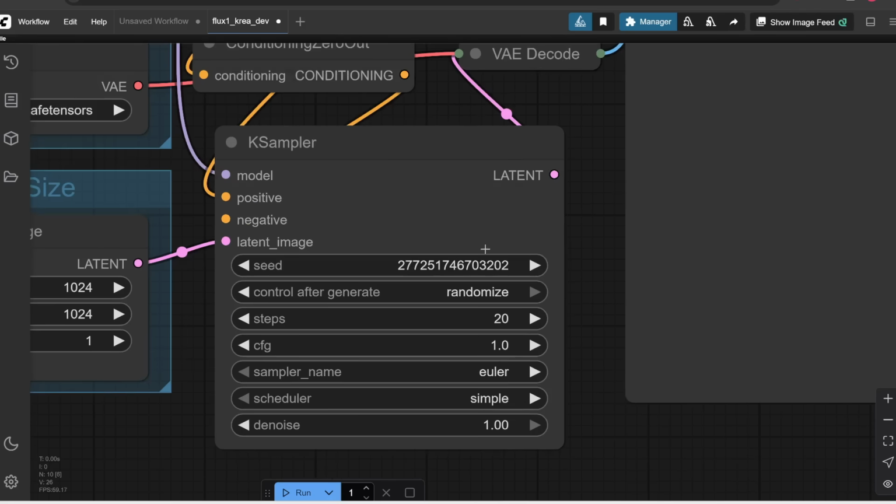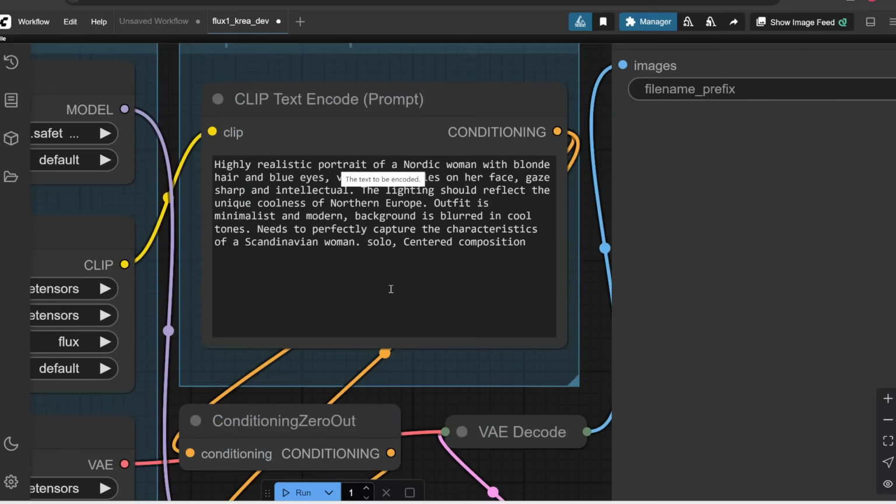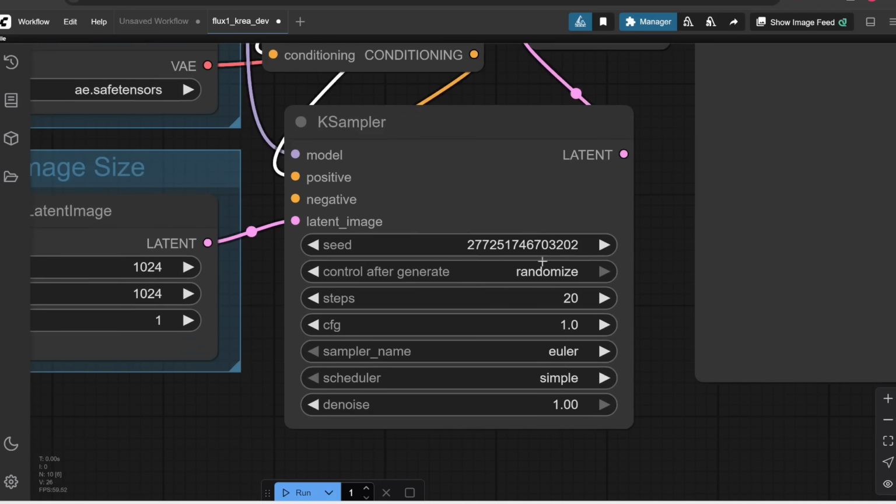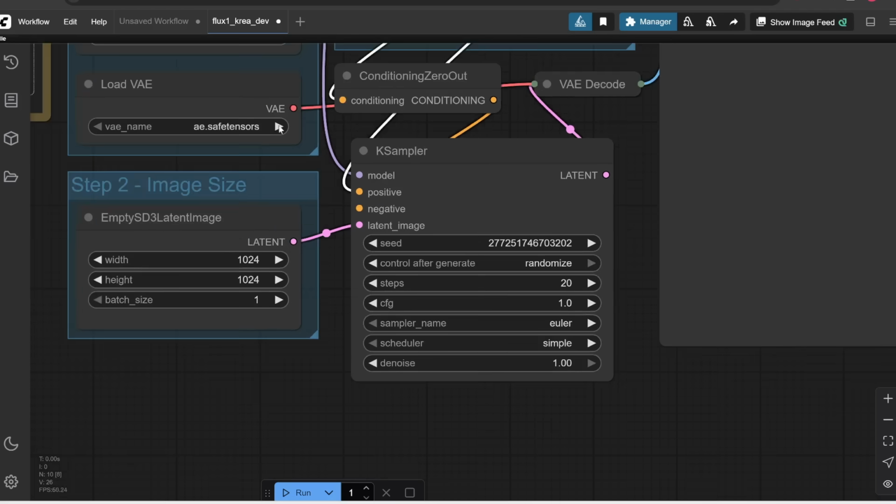But anyways, really quickly, the seed is basically the starting point of your image, because in theory there could be almost an infinite number of different images it could generate with this prompt. And then this seed number is just one of the many images. Now usually you just set the seed to random and it doesn't matter, but if you set the seed to the same value as before and you keep all the same settings, then it's going to generate the exact same